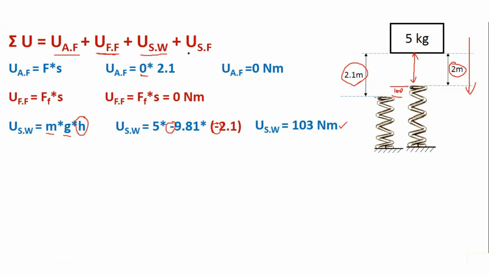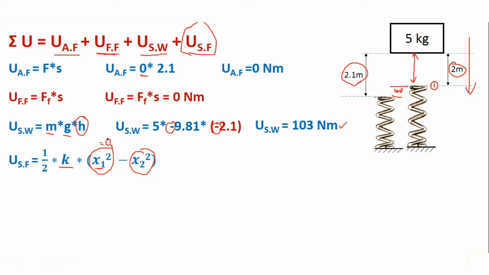Next is work done due to spring force. So for spring force, yes, there is a spring here. So I will write work done due to spring force is equal to half k x1 square minus x2 square. K was already given to us in the question, but in some other units we will need to convert it into Newton meter. The main point is here, what is x1 and what is x2. So x1 we said that it is a deformation at initial position. So you can see here that there is no deformation at this point. The length of the spring is the same as the free length of the spring. So what will be my x1? My x1 will be 0 because there is no deformation at step 1.